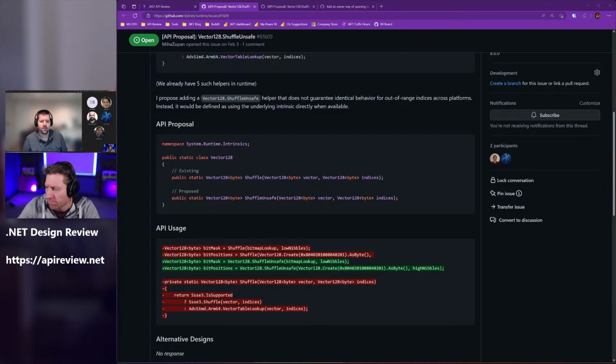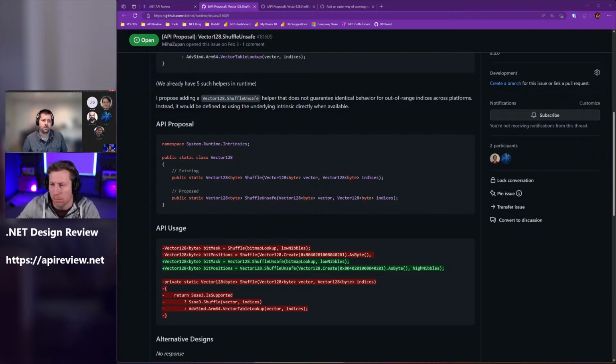Does the cross-platform variant still have a behavior? Sorry, I guess, do all platforms have a behavior where, if the high bit is set, then some very specific sentinel value gets shoved in the vector? So that's where it differs between platforms. So Shuffle today, what we defined is that anything out of range selects the value 0, and that's the sentinel value inserted. What happens in practice is that on x86 and x64 hardware,